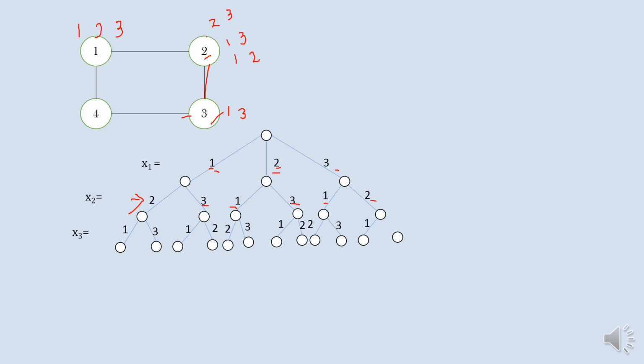Coming to the last level, we are trying to choose a color for the vertex 4. This vertex 4 is adjacent to the vertex 1 and it is adjacent to the vertex 3. Now colors for the vertex 1 and 3 have already been chosen. So you need to look carefully at the values of x1 as well as the values for x3 because they are adjacent to this vertex 4. So when x1 and x3 have been assigned the colors 1 and 1, both have been assigned the same color. The remaining two colors, that is 2 or 3, can be used to color the vertex 4.